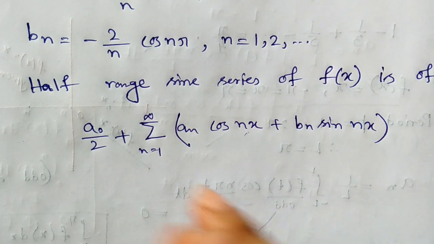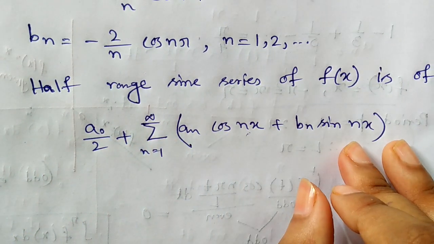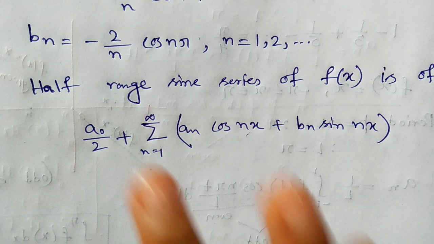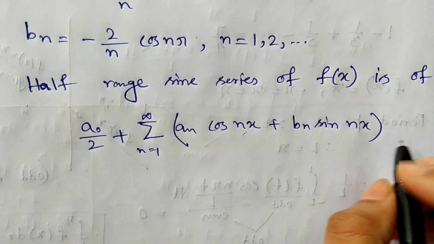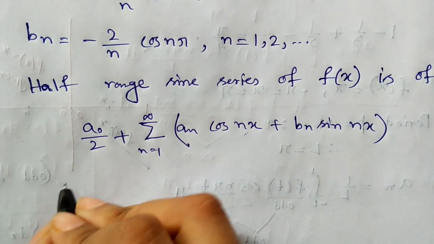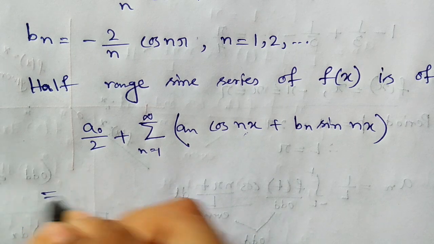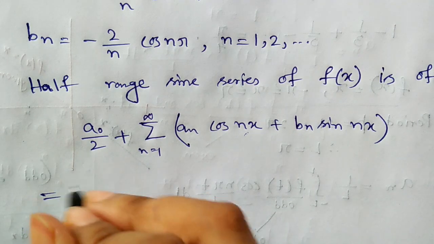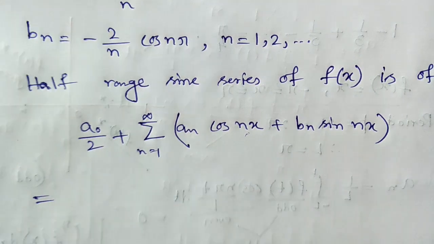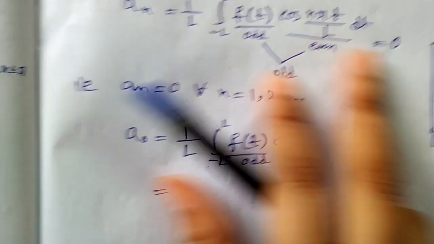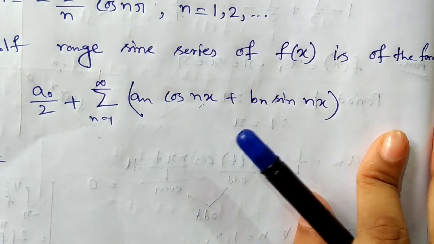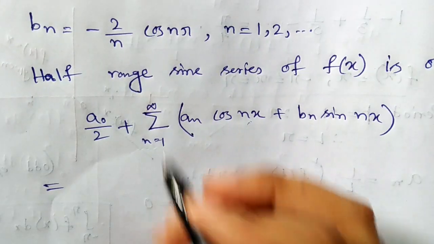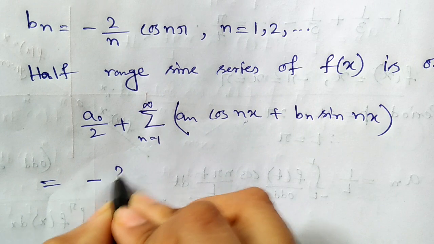My suggestion is you first write the full form, then put the value, then there is less chance to make any mistake. Acha, next put the values. Now the values of a0 and n, see the values, a0 is 0, n is 0, so only bn, and bn is this, so minus 2 by n